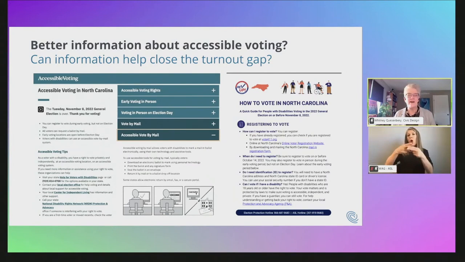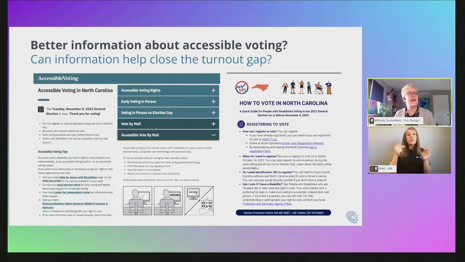It looked at all of the basic voting information: how, when, where, and why you could vote, what the election day was, polling place hours, but also included a lot of information specifically for people with disabilities, like accessible vote by mail, what kind of system is available in your state, whether there was curbside voting, and a list of questions you can ask,